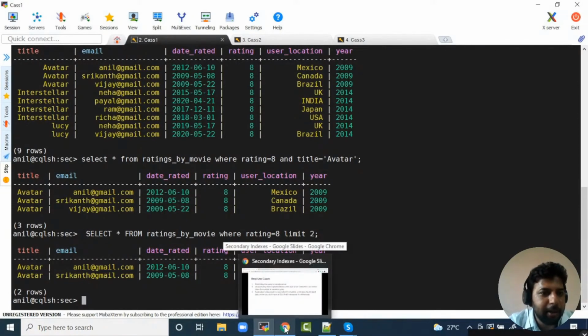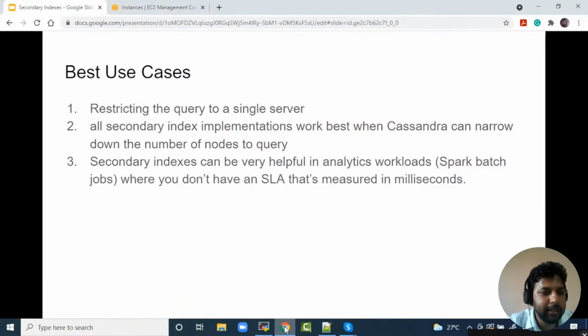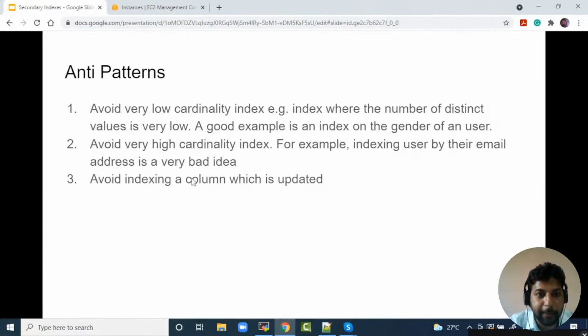So these are some actual implementations of secondary indexes in Cassandra. They are there to give you convenience, not performance, right? They're also good for analytics workloads, especially if you're using Spark. Secondary indexes are very helpful there because there won't be an SLA measured in milliseconds on the Spark side.